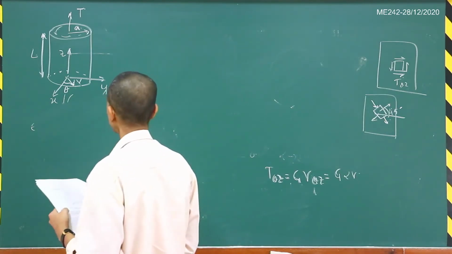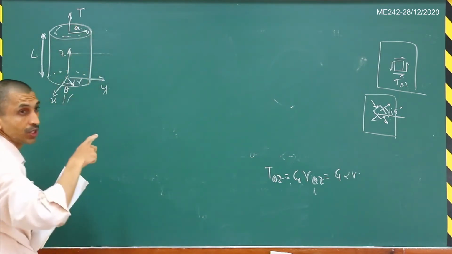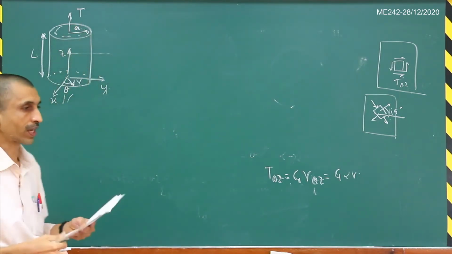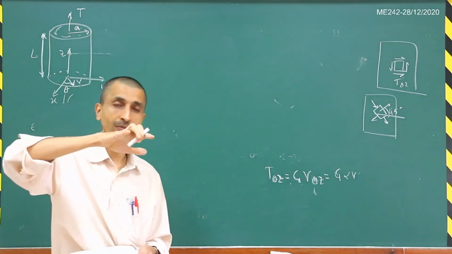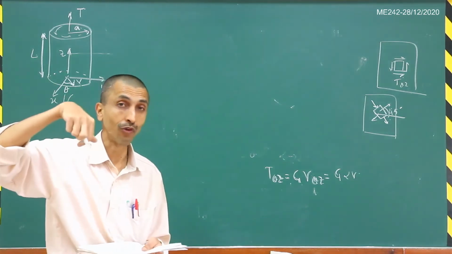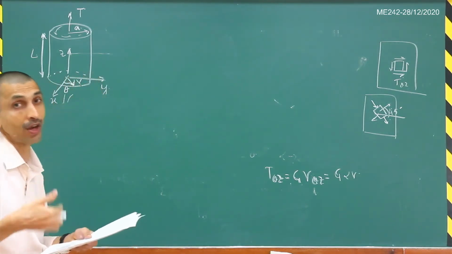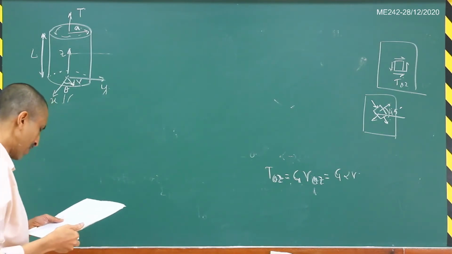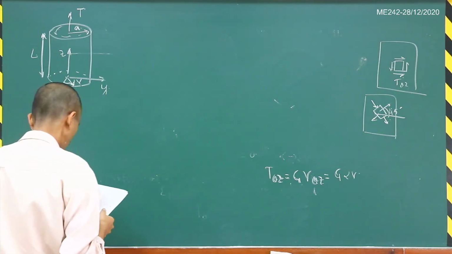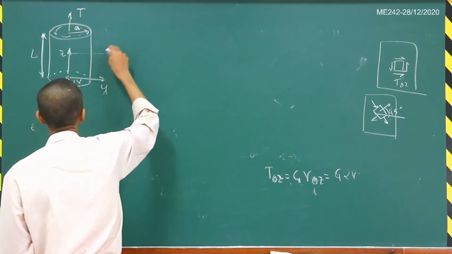the forces along the x and the y direction should be 0. Because what I am doing is that on the top and the bottom surfaces, I am simply applying a torque. So there is no resultant force along the x and the y directions on the top and also on the bottom surfaces here. So first, we consider the surface z equal to L.